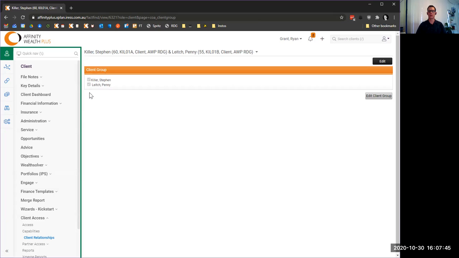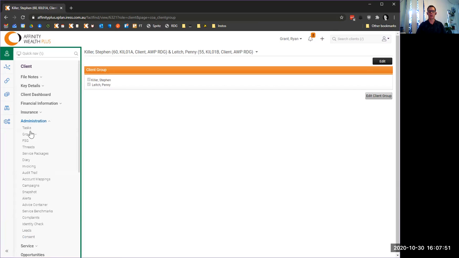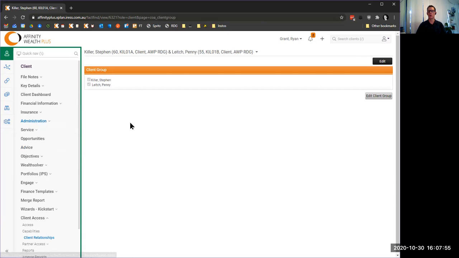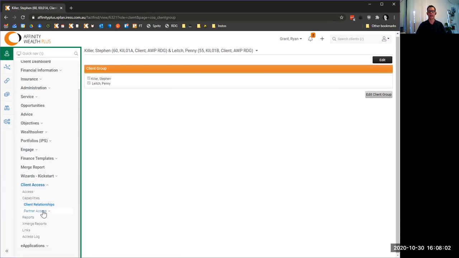Now this screen is dictated by the client group, which this will take you to, which is also available by going admin groups related clients. So there may be clients under here that are just relatives and we don't want them in the same client reporting group or having access to each other's stuff. Equally now,